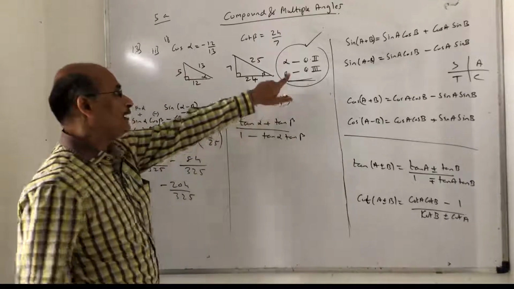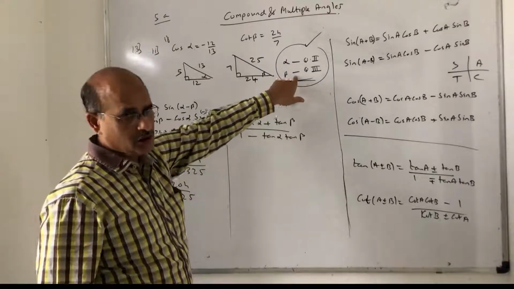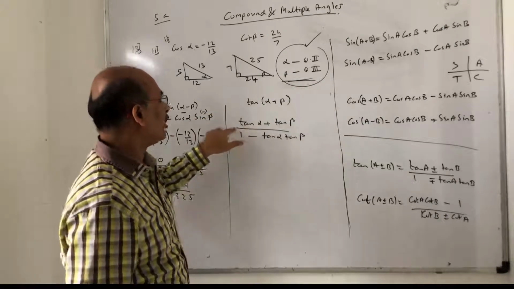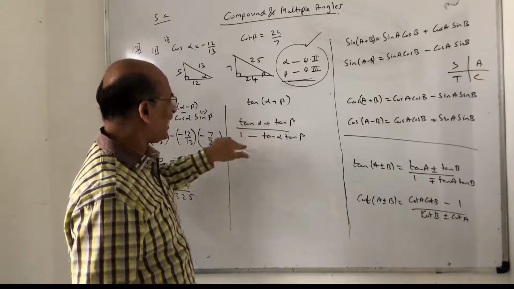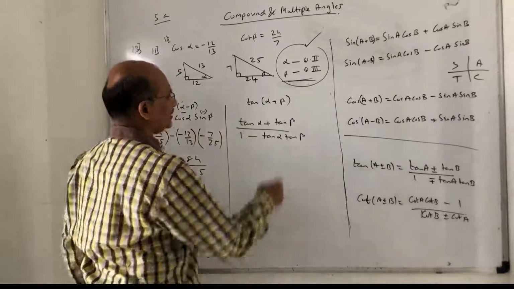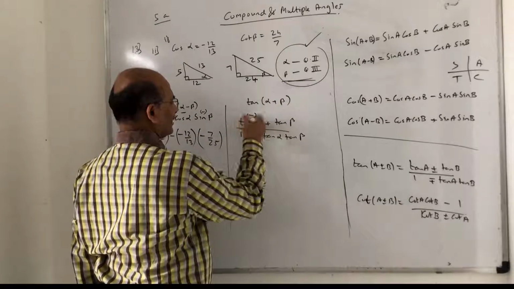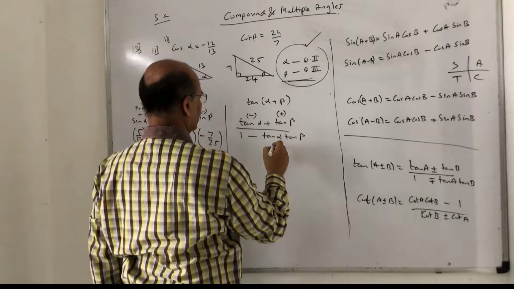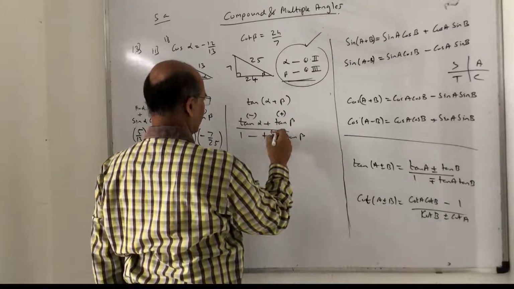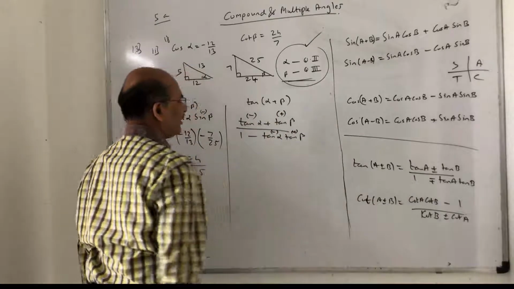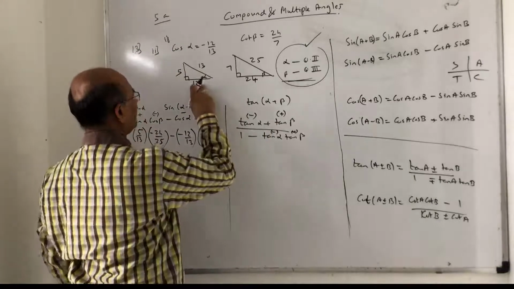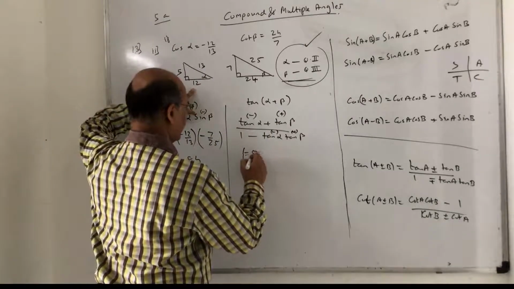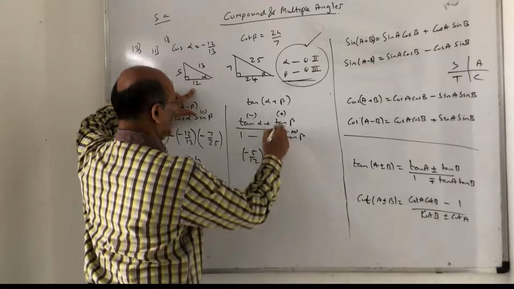So remember, never forget the quadrant position, because the reason is the ratio will change. Now alpha is in quadrant 2. Now all are tans here. So alpha is in quadrant 2, means tan alpha is negative, tan beta is in quadrant 3, so positive. This is negative, and this is positive. So let us get tan alpha now. Tan alpha, you have to look at this triangle now. 5 upon 12, that is minus 5 upon 12, plus tan beta.